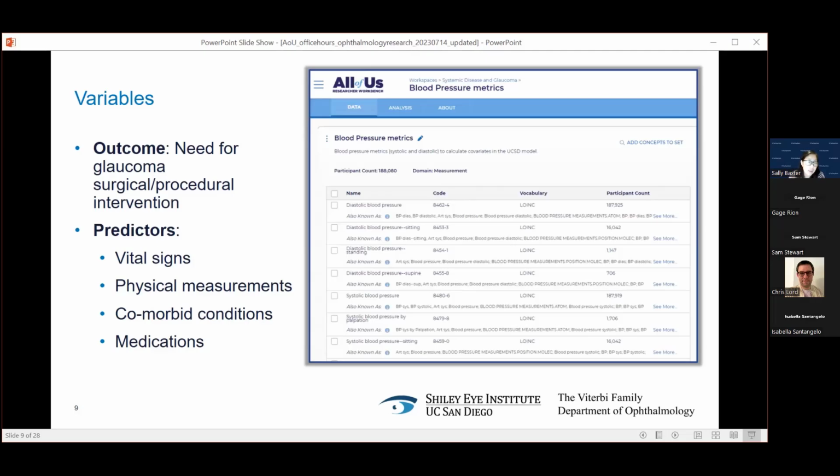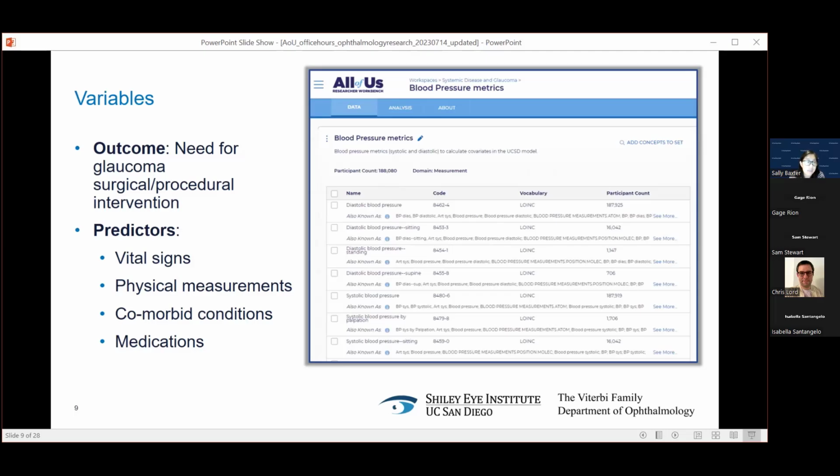Now, and I'll talk a little bit about this later, within ophthalmology this is not the most precise way to phenotype glaucoma progression. Typically we'll do it with visual field testing or imaging, such as fundus photos or OCTs, optical coherence tomography images, but these are not currently available in All of Us. And so, because of that, procedure codes are the approach that we took